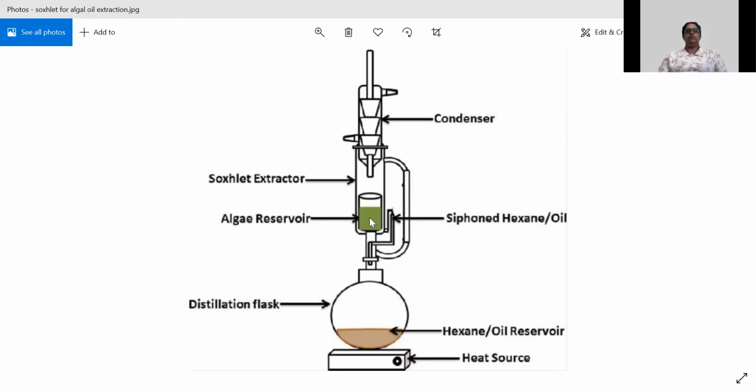Then you will need to keep samples in such a way that either you limit the samples so that complete extraction can occur within this time period, or you accept that you need this much extract that will happen in this much time, but some amount of the solute in your source would still remain, and that can be an acceptable waste. So it is a process optimization that needs to be done before you do your experiment. But in this case, for oil seeds, you will be extracting until it goes colorless.